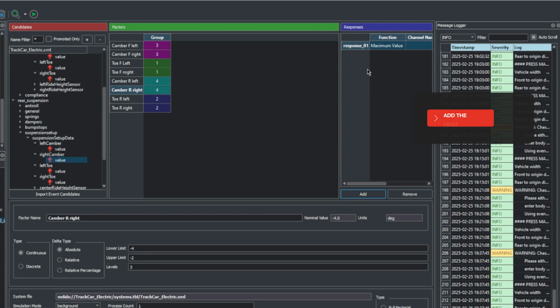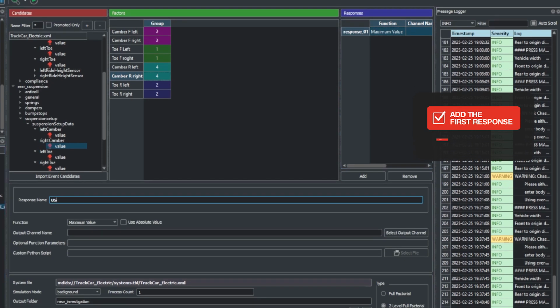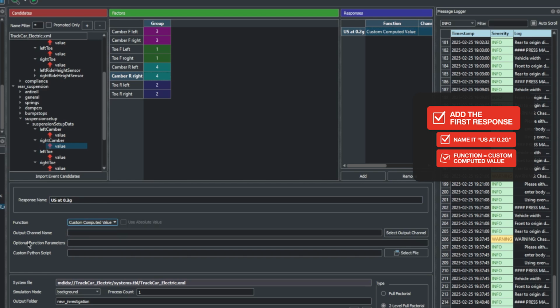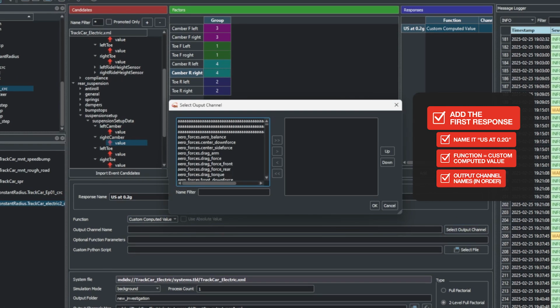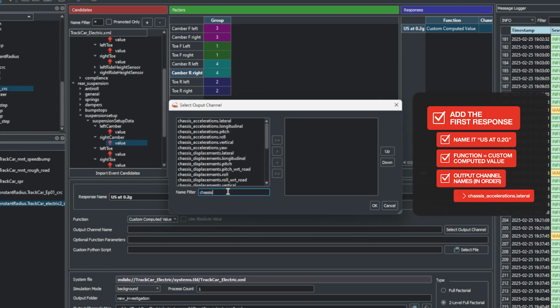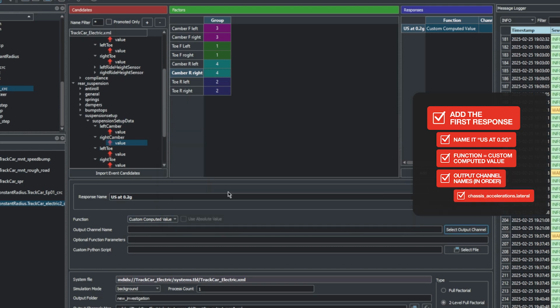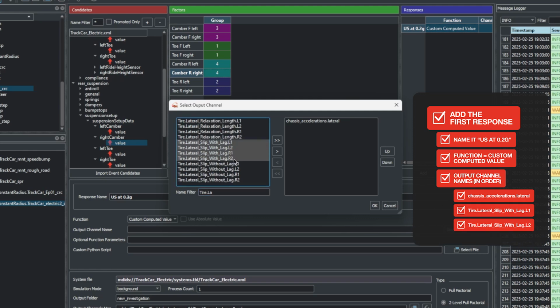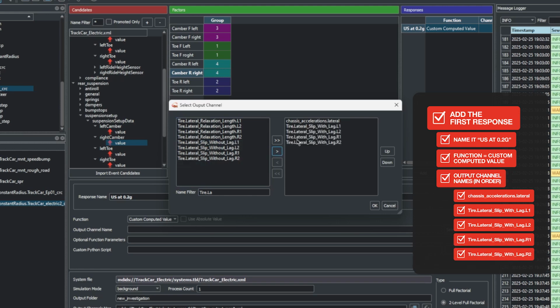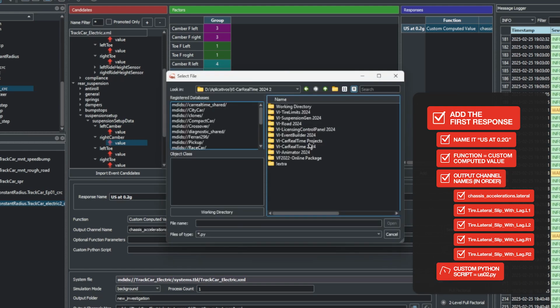Add the first response and name it US at 0.2 G. Set its function to custom computed value and look for the following output channels in order: chassis, accelerations, lateral, tire, lateral slip with lag, left 1, tire lateral slip with lag, left 2, tire lateral slip with lag, right 1, tire lateral slip with lag, right 2. And call for the custom Python script called